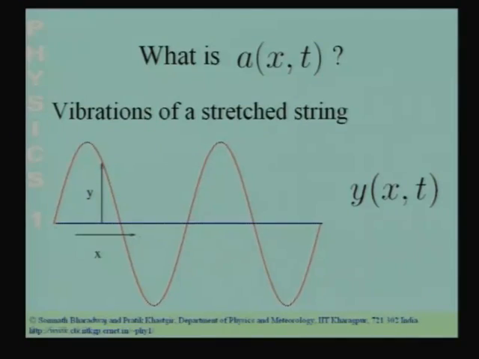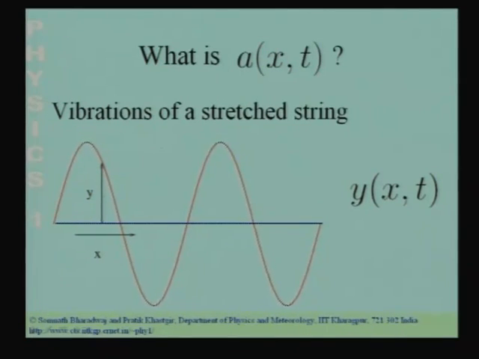So, this is the string, the blue line over here represents the string, and you have disturbed the string in the perpendicular direction, in the transverse direction. So, the wave propagates along the x axis, the x axis is aligned with the string, and you introduce a disturbance perpendicular to the x axis, perpendicular to the string. So, you pull the string and leave it, for example. You will have a disturbance that propagates along the string. This disturbance you represent by y. So, y is the disturbance of the string, it is the transverse displacement.